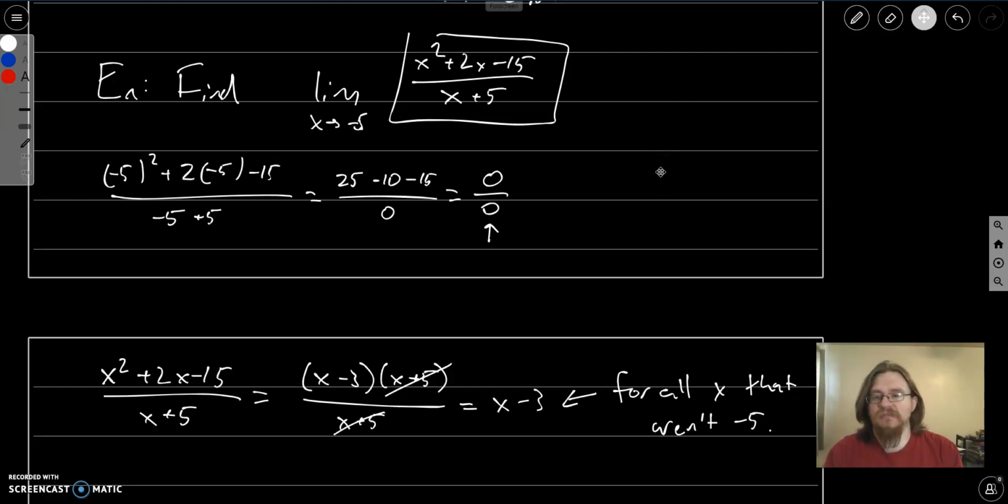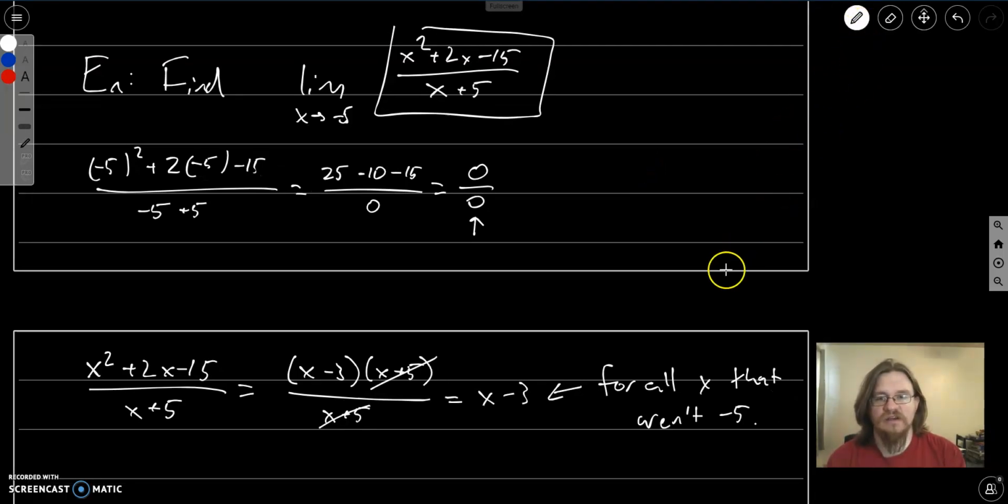Hello and welcome back. So let's continue looking at this question where we have a rational function, but if we plug in -5, if we're trying to find the limit as x approaches -5, we normally want to plug -5 into our function, but we don't get a number. We get 0 divided by 0, which is not a number, so it's hard to tell what this limit is. But we were able to take this rational function and show that we actually can cancel x plus 5 off the top and bottom,